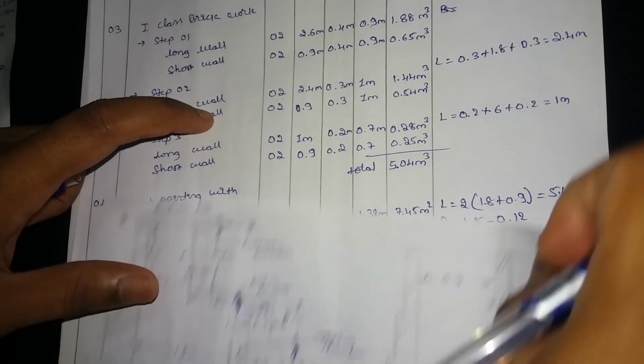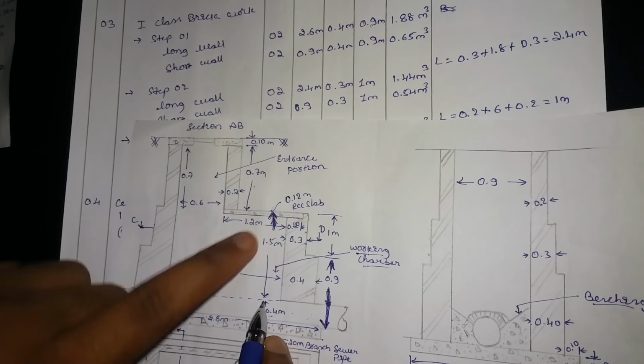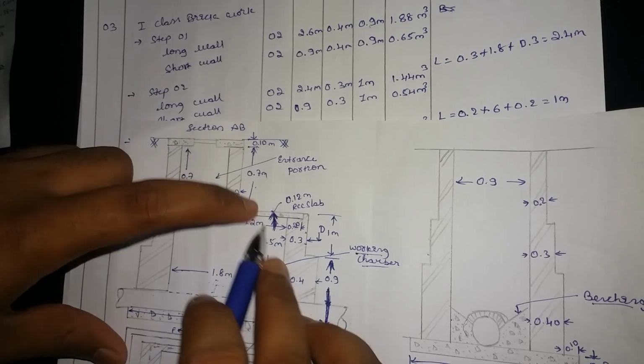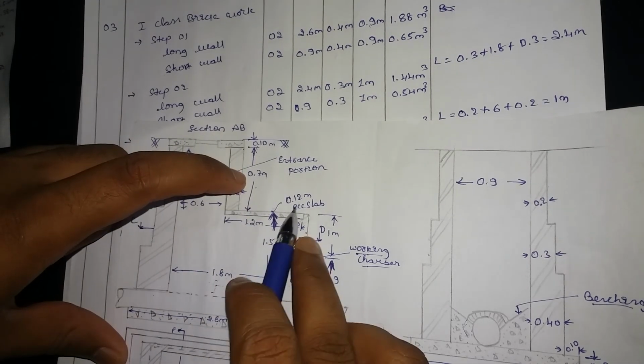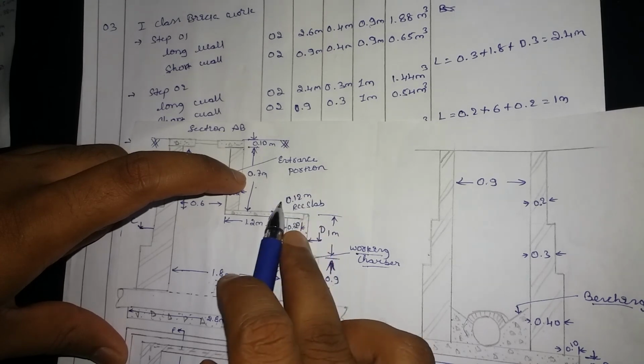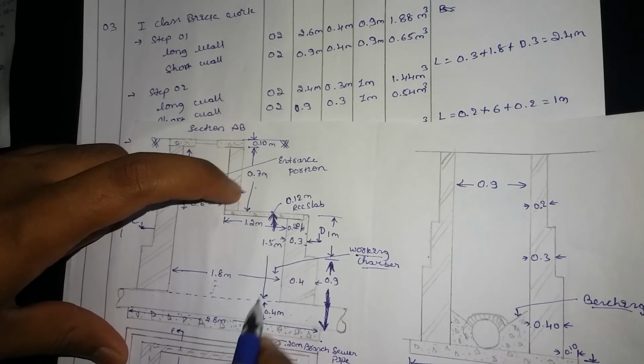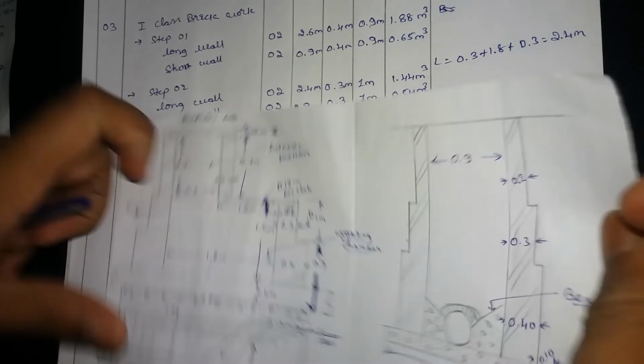Now you need to find out the depth. So from here to here is the depth of this chamber. This chamber, which includes 1.5, includes the thickness of the RCC slab, that is 0.12 meter. So I'm just deducting this part to get the exact depth of this chamber. Now we got that value.